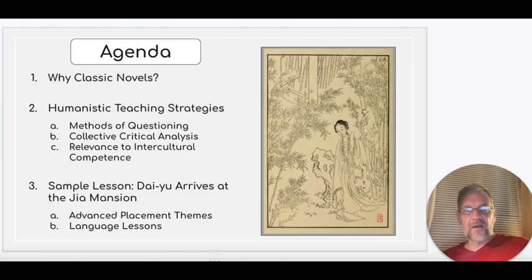And then I'll illustrate the kinds of big themes that I mean to investigate with humanistic methods by reference to the advanced placement exam in Chinese culture and language. And I will finish by presenting very briefly a resource created by Sun Laoshu that turns students' reading about Dai-yu into language lessons, and you can ask her more about that.